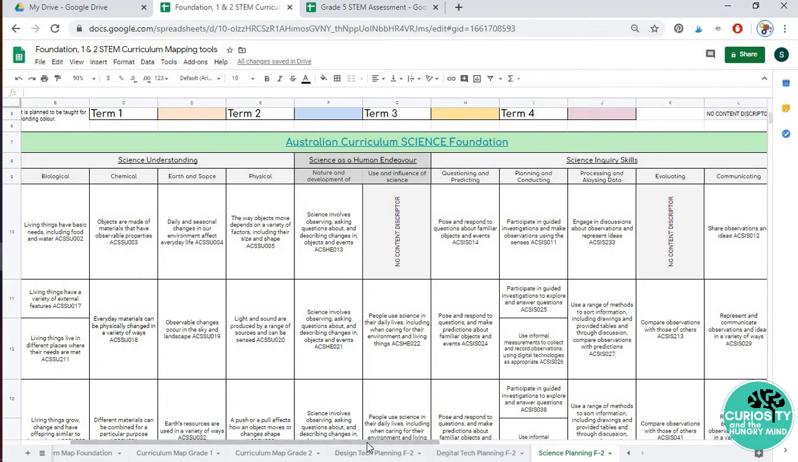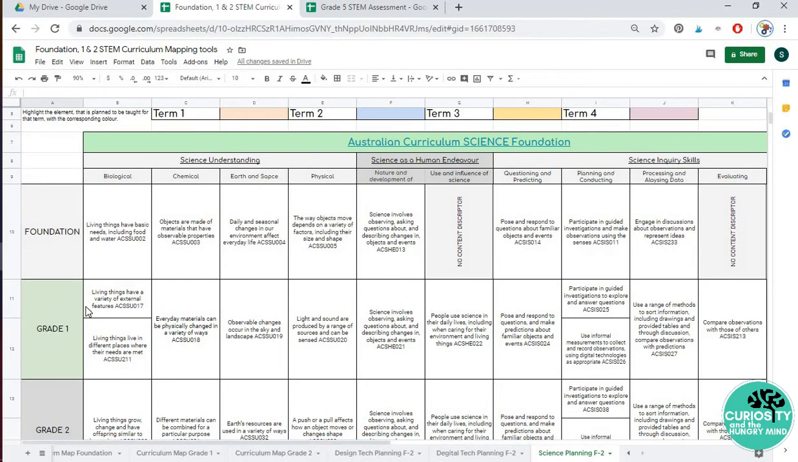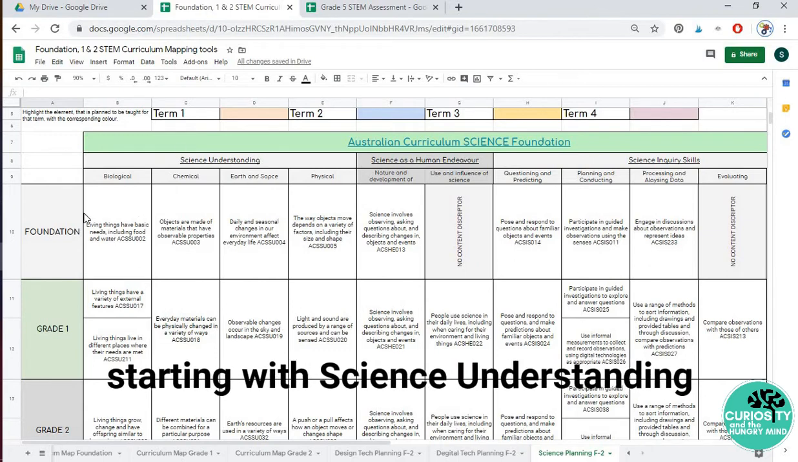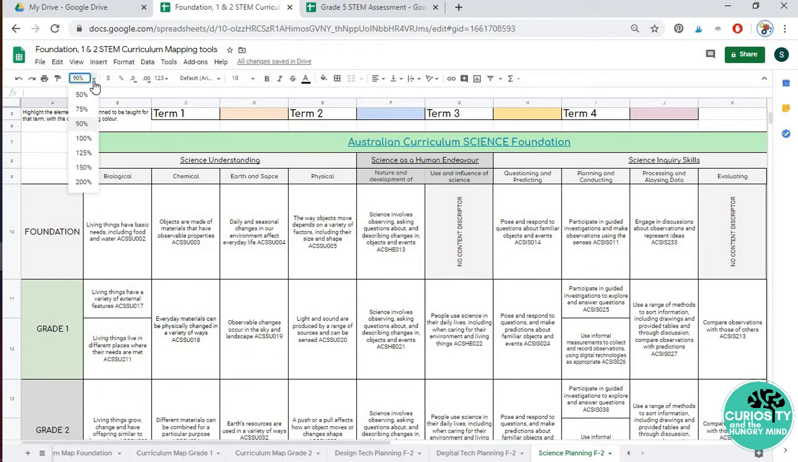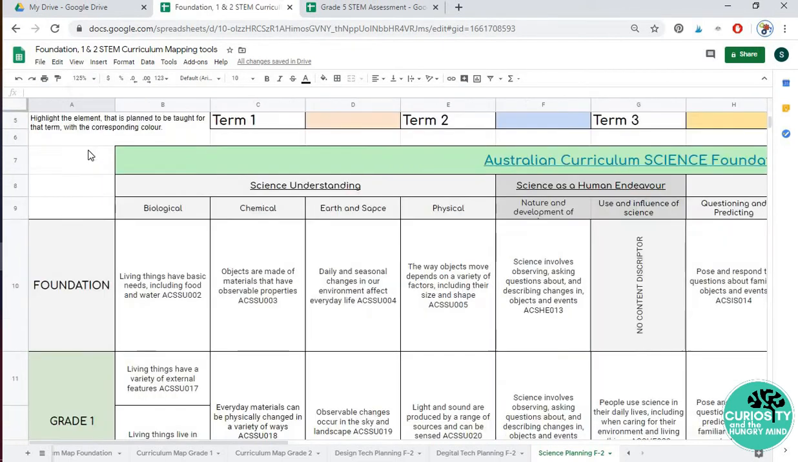Okay, so I always start with the science understanding, because this is generally where we get our main idea for the term topic or for the unit topic from this section here. Let me zoom in a little bit so you can see. So if, for example, we were doing